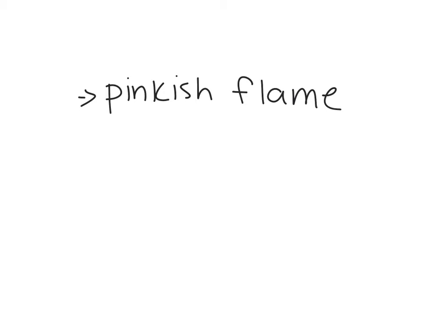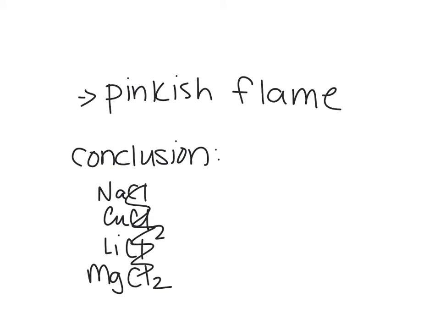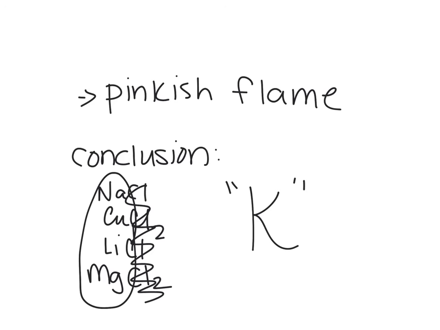So in your conclusion, you're going to say whether your hypothesis was correct or not. You also need to talk about, okay, so it stayed the same, but why? And it comes down to your lab at the very, very beginning of the year, your flame test lab. If you remember, you tested stuff like sodium chloride, copper chloride, lithium chloride, magnesium chloride, calcium chloride, all those things. So the chloride was the thing that wasn't changing the color. What was changing the color was the metal. So if you think about what we did in our experiment, the potassium was ultimately responsible for that color. Hopefully this video helps. Get this mini lab done, and